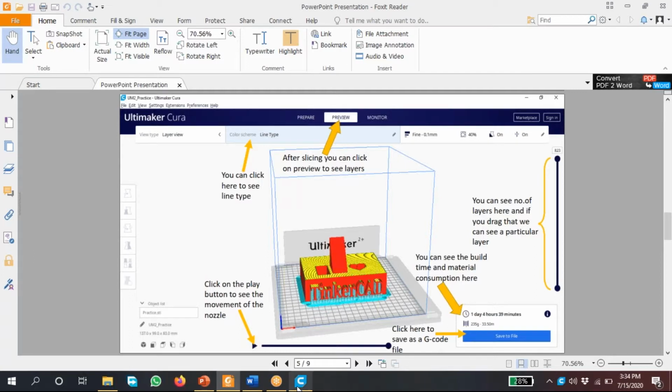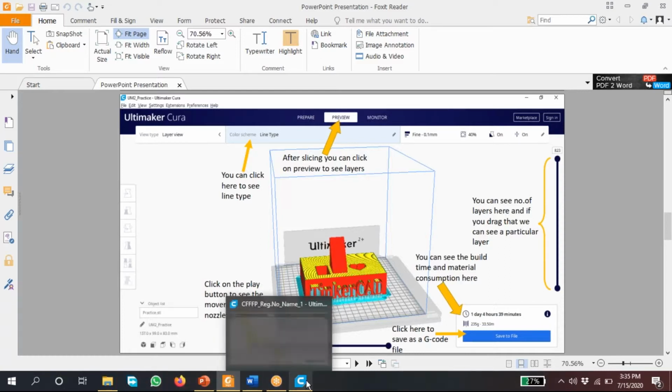Let us suppose for the last 5 steps, I change the X and Z coordinate in the Notepad file, and if I browse this file into Cura, then it will execute all the steps which we have changed. If you define the nozzle movement in a different manner, then it will show the error. If you delete the last 5 layers, then it will execute the code up to that layer only. Means it will print up to that only. So I think there is no use to change in the Notepad file.